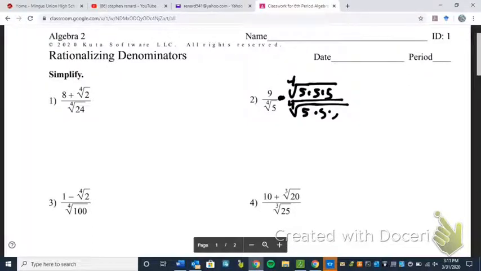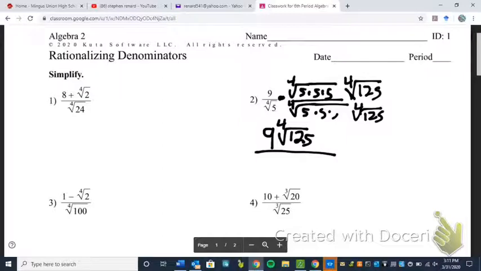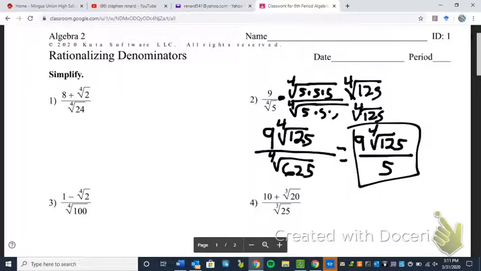Because when we're done, that's going to give us 9 fourth roots of 125 over the fourth root of 625. Well, the fourth root of 625 is 5. So that's our answer. So what we want to do here, we don't want to necessarily always just jump to,